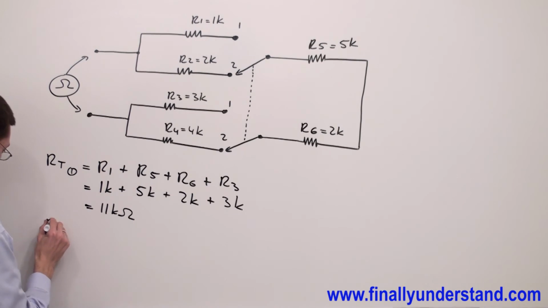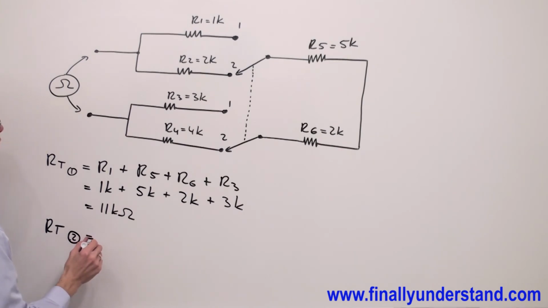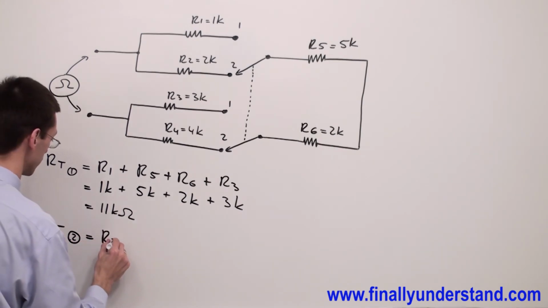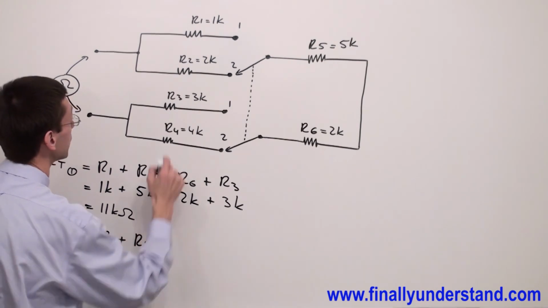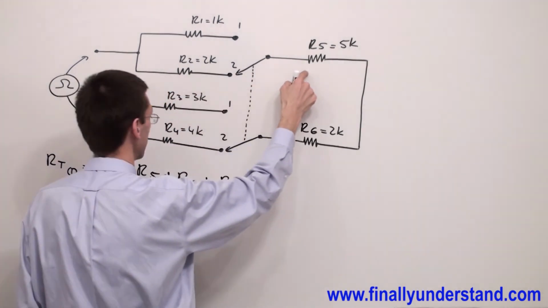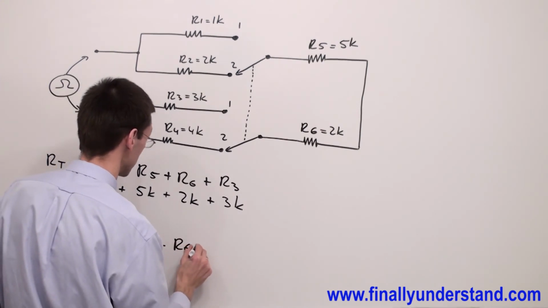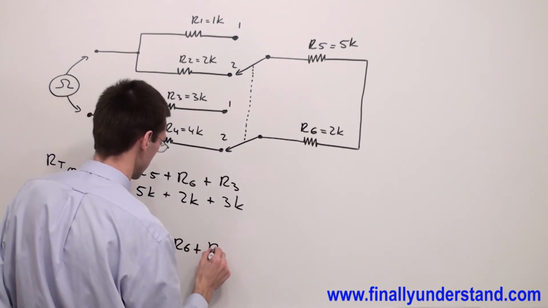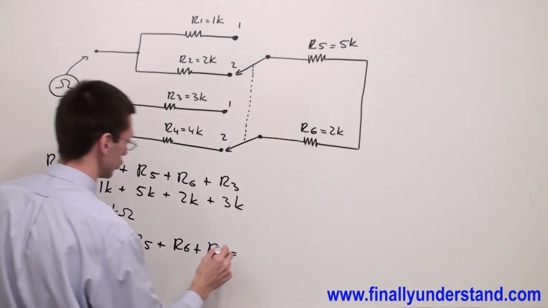So total resistance at position 2 is going to be equal to R2 plus R5 plus R6 plus R4 equals 2 kilo